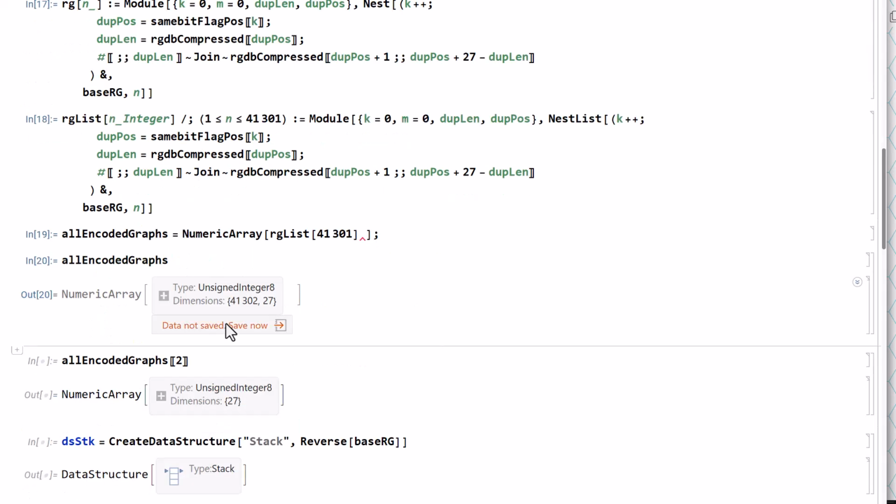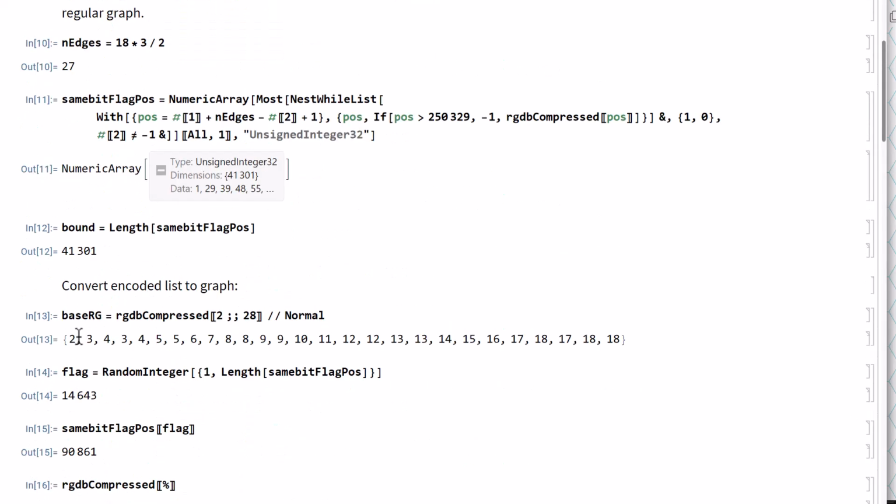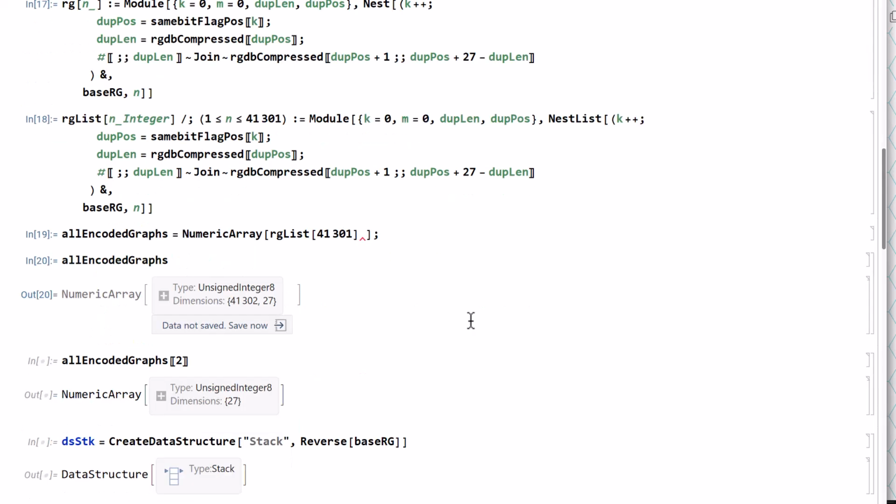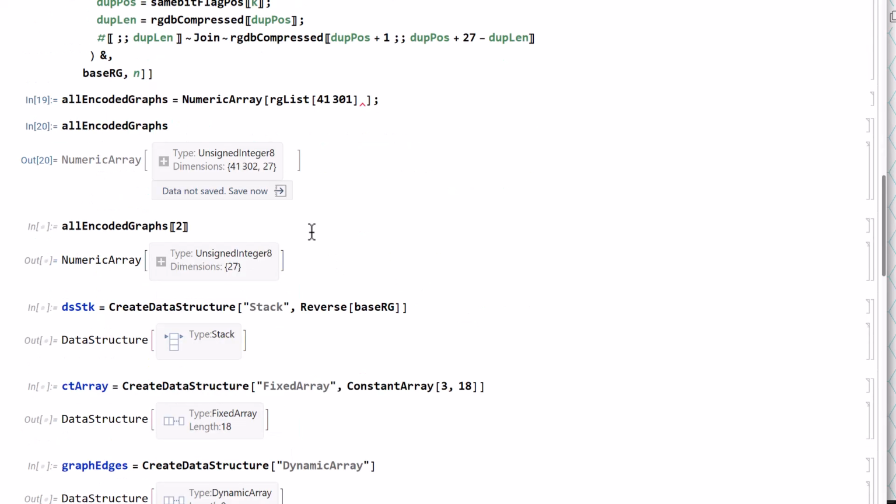It is really large because this is the number of graphs, and this is the length of bits. Now in this case, everything is like this shortcode. So it does have a lot of duplications, and it's a very inefficient way to store that, compared to the